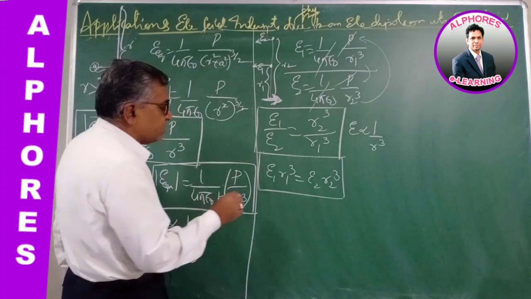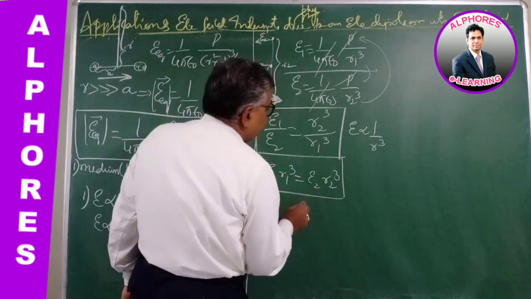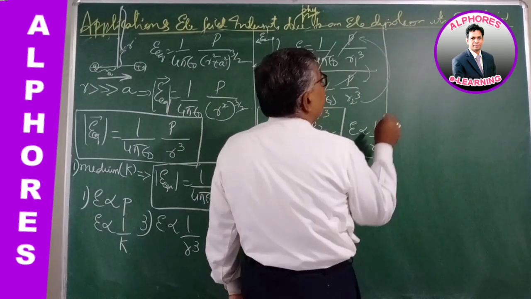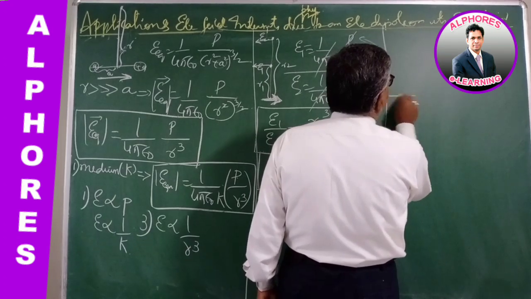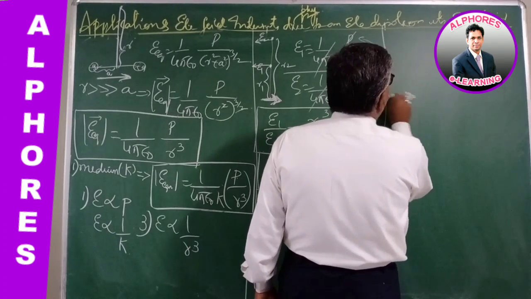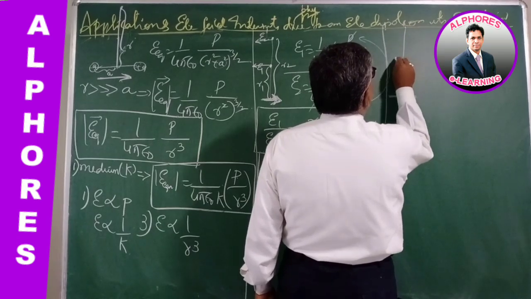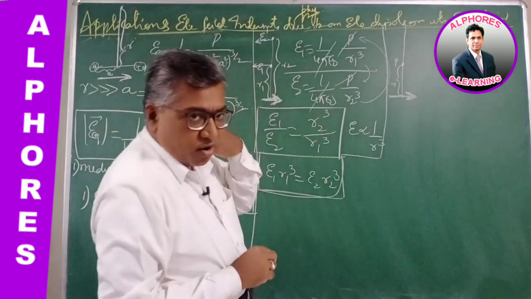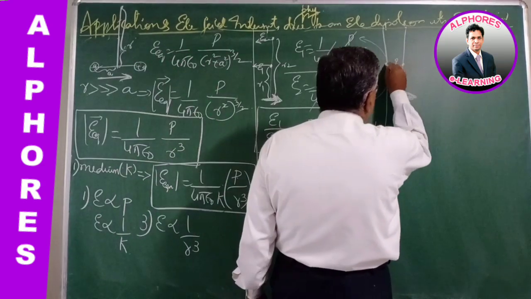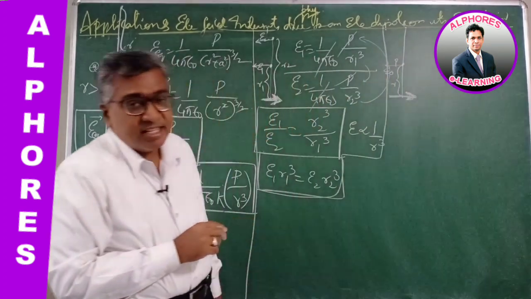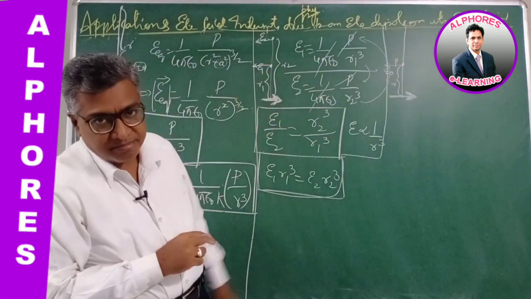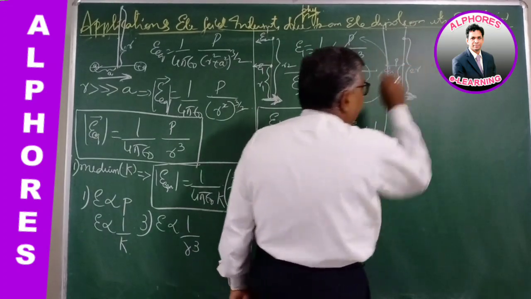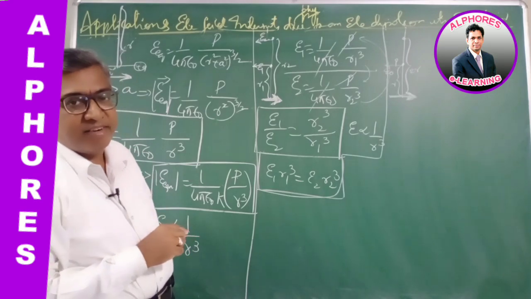Suppose, based on this, he is going to ask a question like this. Let us take an example. Imagine a short dipole. Initially there is a point P at a distance r. The field at point P is E naught. Now the distance of the point of observation is doubled. Now the point P is shifted to here, where the distance is 2r. Then what would be the electric field at that point?